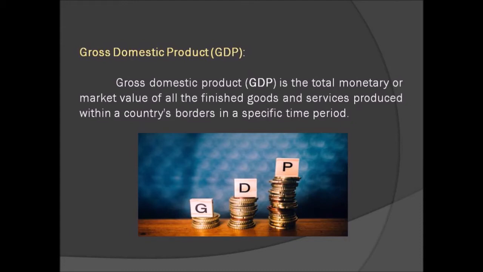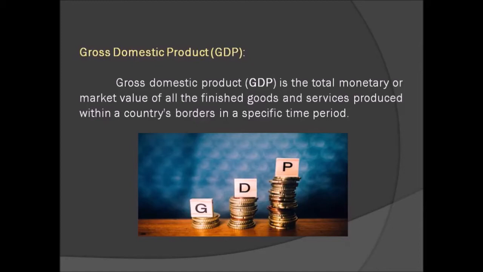The first factor is that we have to check whether the goods or services are produced in that particular country for which we have to calculate the GDP. For example, the GDP of India includes only the market value of goods and services produced in India. For example, the market value of apples produced in Kashmir is included in our GDP because Kashmir is in India. So therefore, the market value of the Kashmir apples is included in GDP.